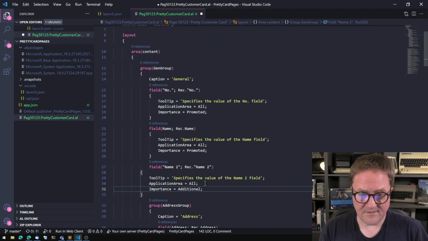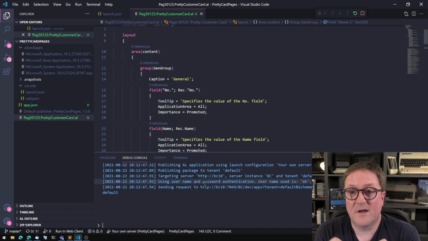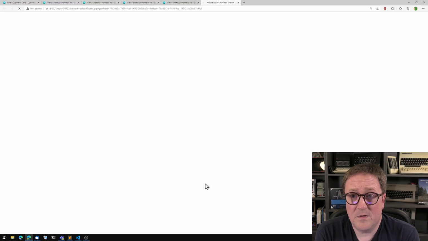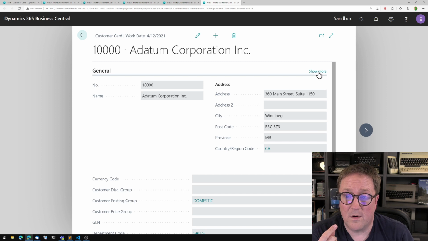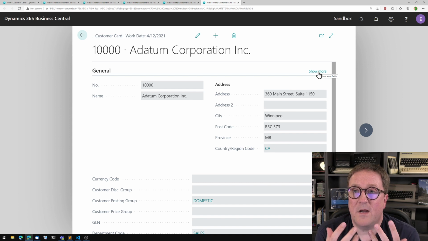So as soon as a field is designated additional, as soon as there's at least one field in a group that is labeled additional, you'll see that now we got the show more functionality turned on. So show more, that will give us the name to field. Show less, it goes away again. So that's one way of,